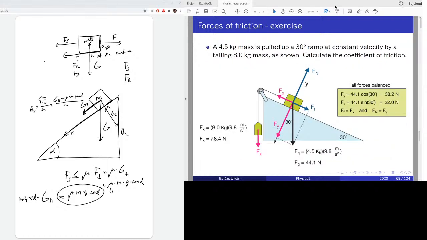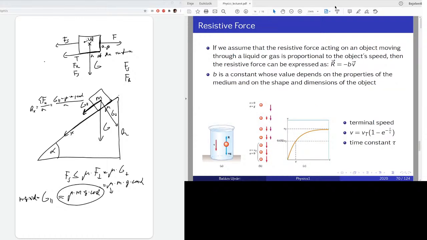I just want to show you that we can play with the forces, with some external forces on the body of the slope. It's a nice example. You can try to solve it, but it's not a must for the first test. So that was the